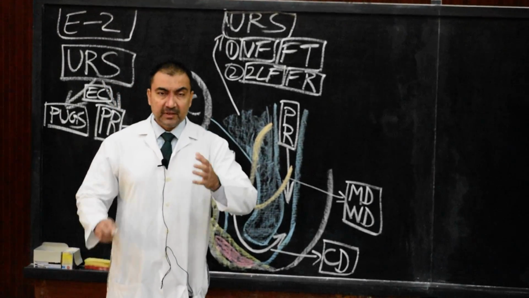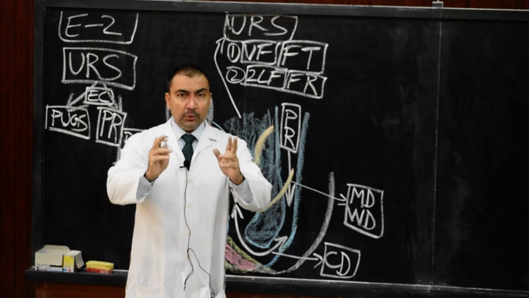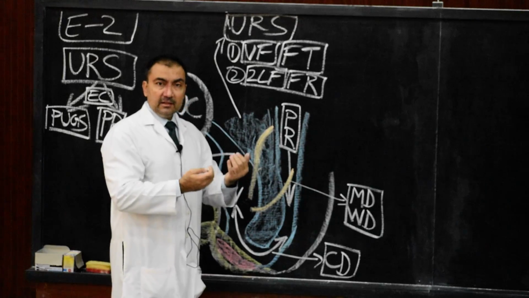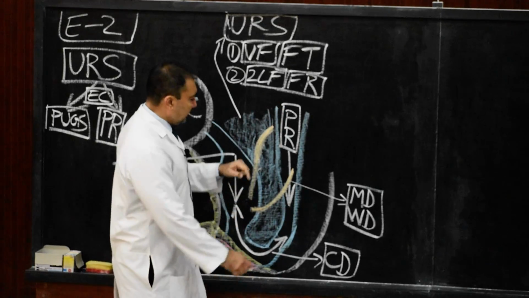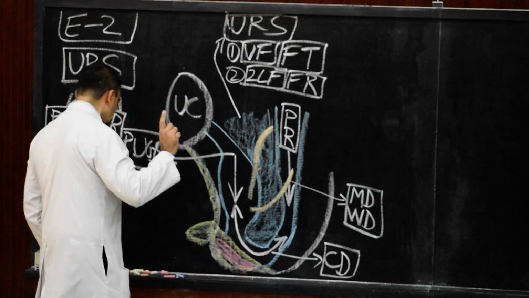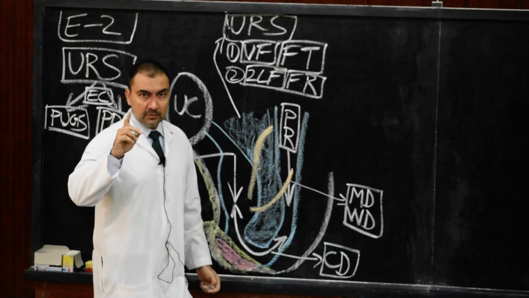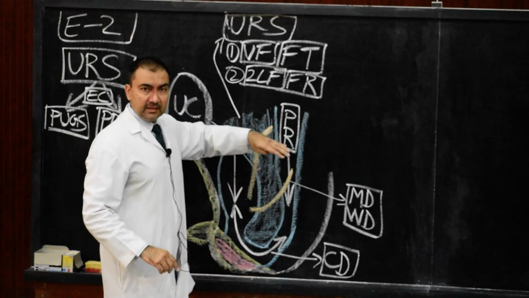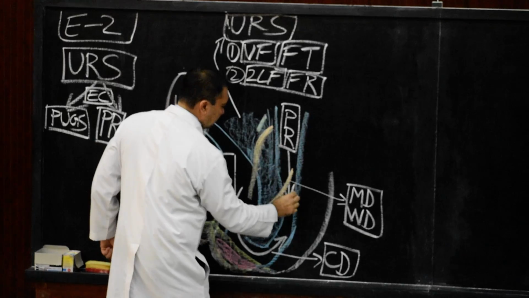Now, as they are coming from above in the coelomic cavity, where in our segment of paramesonephric duct we have discussed this, there will be at the same time two paramesonephric ducts. Now, one point should be very clear at this stage: the two paramesonephric ducts are descending down from cephalic portion, from the coelomic cavity. Initially the two paramesonephric ducts are lying lateral to the mesonephric ducts. So now I will use green color, with which we shall draw the paramesonephric ducts. The two paramesonephric ducts initially, at the cephalic level, are lying lateral to mesonephric ducts. So here we are going to draw the two paramesonephric ducts.